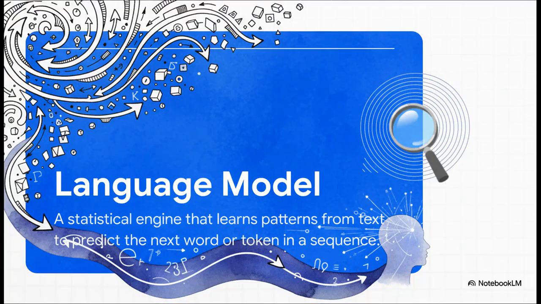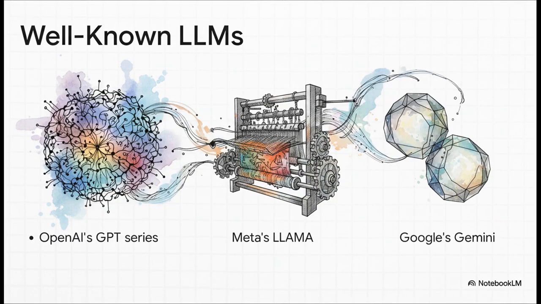So what is a language model really? If you strip away all the sci-fi hype, what you've got is a statistical engine. Its entire job, its one single, seemingly simple job, is to predict the next word, or token as it's called, in any given sequence. But here's the crazy part. When a model gets really, really good at that one simple task, these incredibly complex abilities just start to appear. And I'm sure you've heard of the heavy hitters in this space, right? We're talking about large language models, or LLMs for short. You see the names everywhere. OpenAI's GPT series, Meta's Llama, Google's Gemini. These things have jumped right out of the research labs and into mainstream headlines. They're the current state of the art.